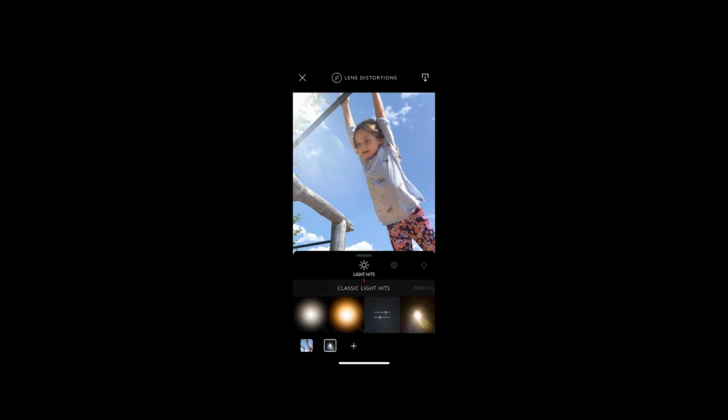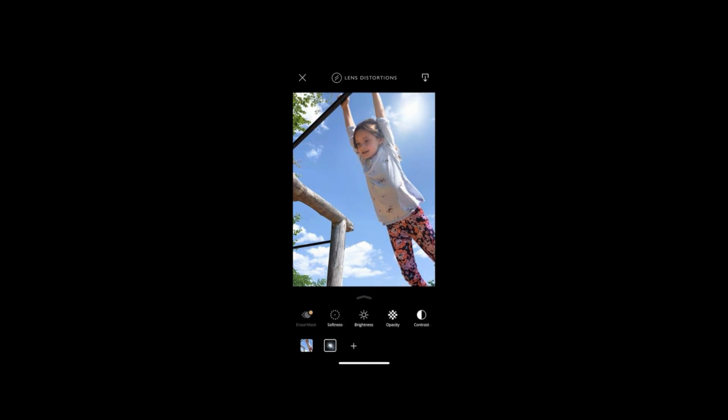However, I can choose a different one that has a different look, and I can move it around. I can rotate it as well. And you can see here I'm putting the light behind her instead. And there's quite a few for free. This is an application that you can download for free. And if you don't like that look, that's fine. They have different ones. So I'm going to go ahead and just get rid of this one,